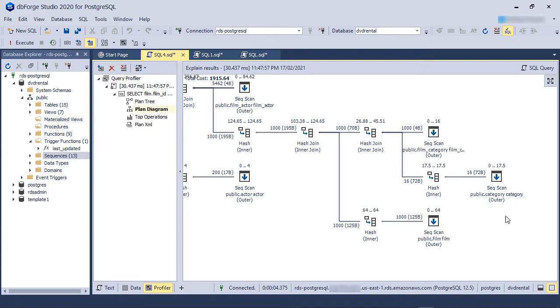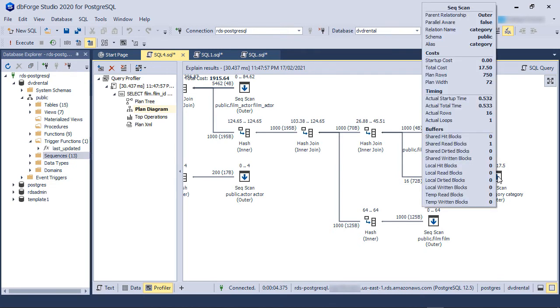To understand a Postgres graphical query plan, you have to start from the right and move left. Each node represents a unit of work or an operation, and each node's output is an arrow. You can see the arrows are pointing from right to left. The output of a node becomes the input for the next node.